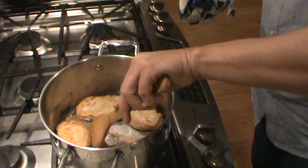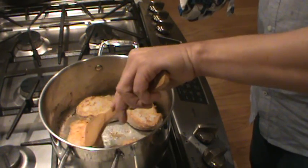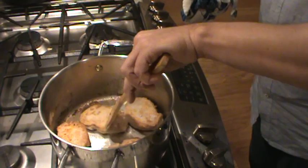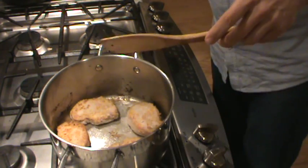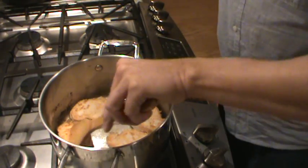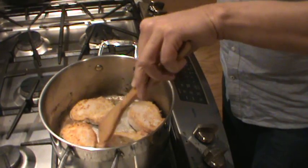Obviously, the thicker the pork chop, the more it's going to need to cook. So these are about half-inch. You can get thin-cut pork chops that obviously will cook in no time. But my thought is these are going to go in the